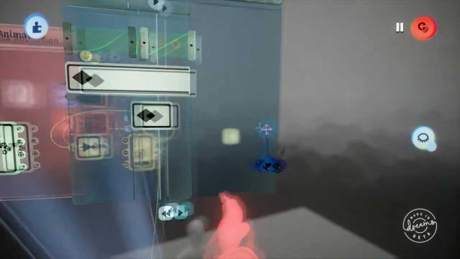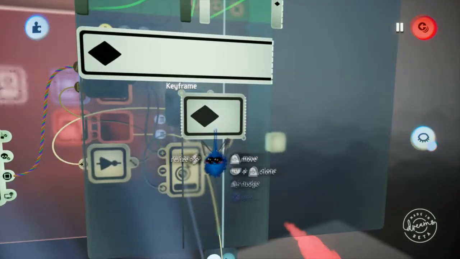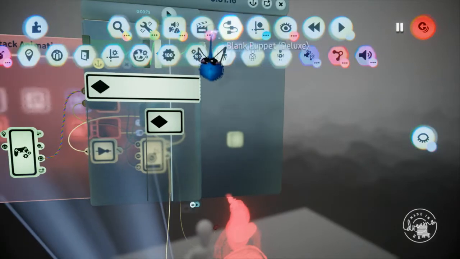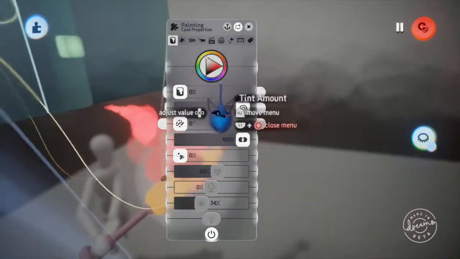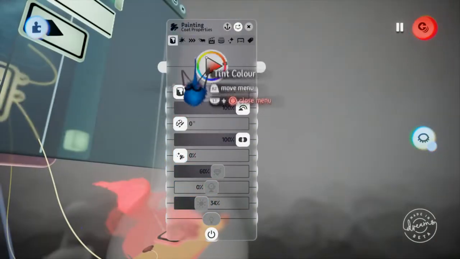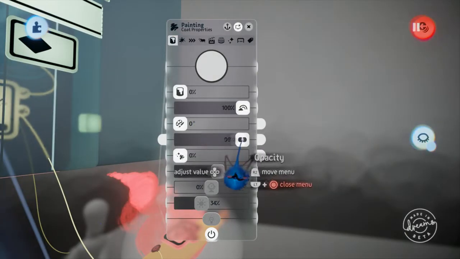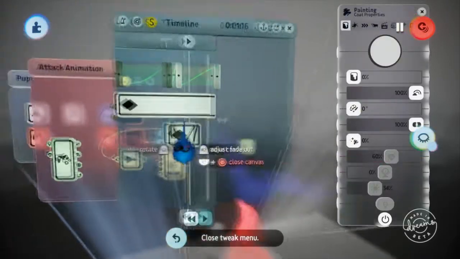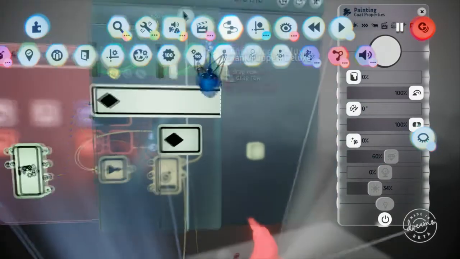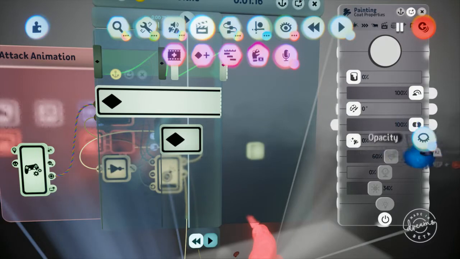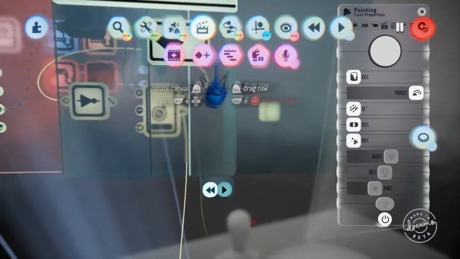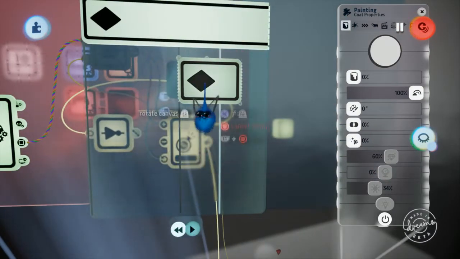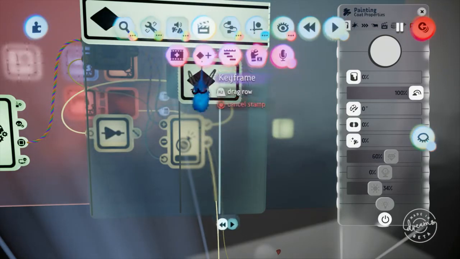And from there, what we can do is, I believe strokes have a transparency slider. Yes, they do. Okay. Well, that's great. What we can do with that is we can make a keyframe, have this at 0 by default, and then with this keyframe, or well, we need a new keyframe,